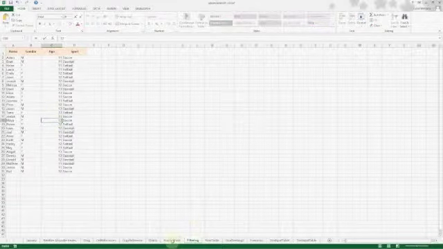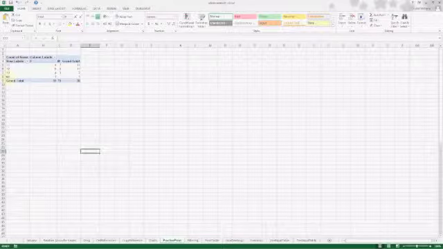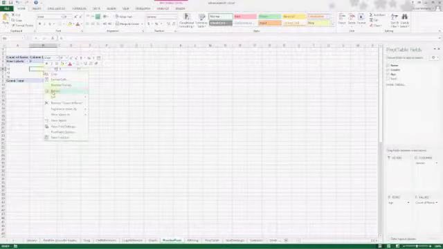And again, if I go back to my practice pivot, it's not been reflected yet. It's still showing that the 14-year-old is there. So I can either right-click on the pivot table and click refresh, and this will refresh my data,